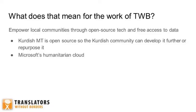Another aspect is again this idea of creating the conditions so that locally people can develop solutions themselves. We're trying to empower local communities by using open source technology or free access to data, like in the Microsoft Humanitarian Cloud. If we open the data and the technology, we also give people there the ability to decide themselves, experiment, sometimes make mistakes, and come up with their own solutions. That's what we did for this Kurdish machine translation solution. It's open source, so the community itself can pick it up and develop it further if they want,